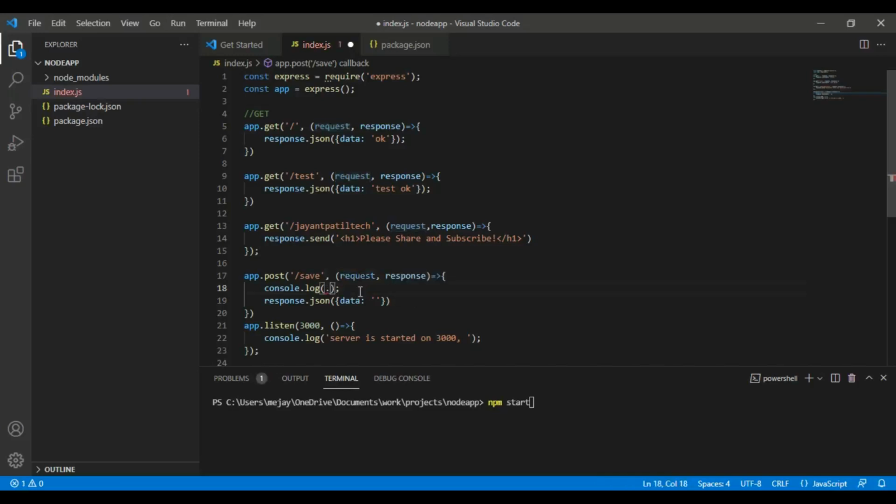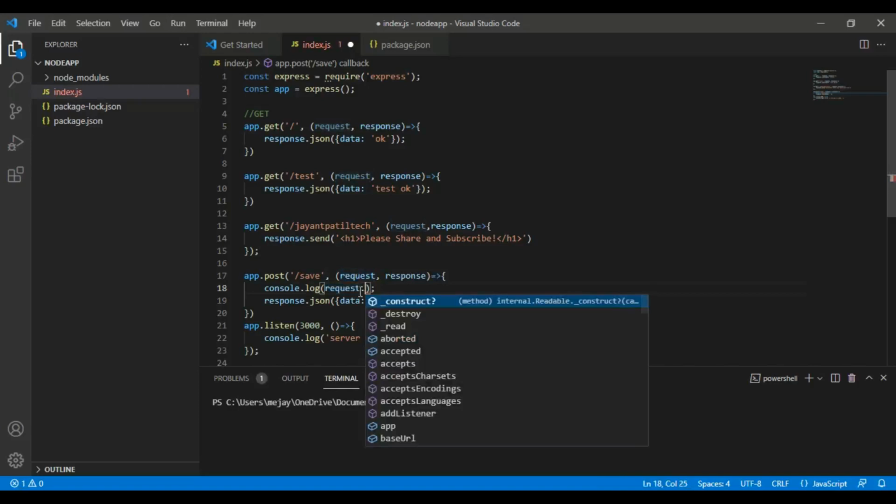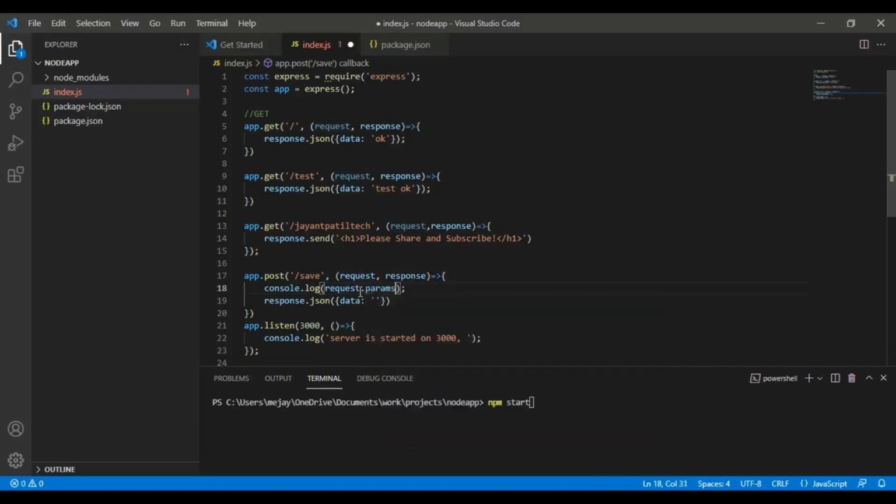So these parameters are the ones which are coming through the URL. This may be your URL parameters. We can call it path variables. So like this, in save, you can see name. This name property will be available in the params object, and that we can see.